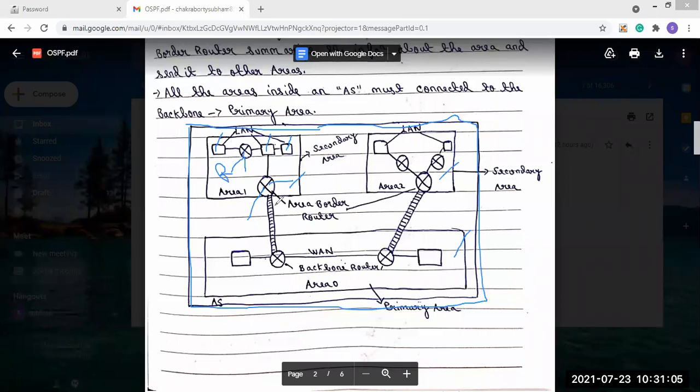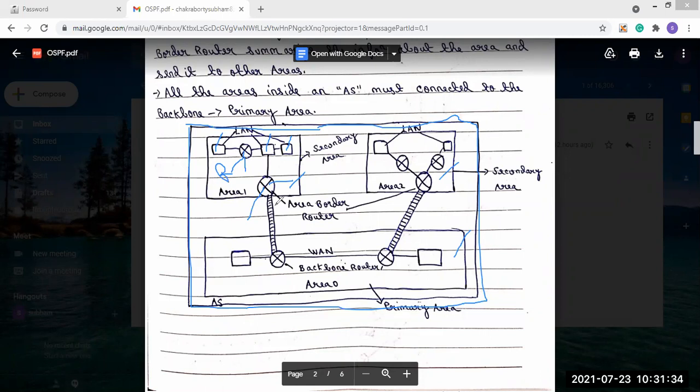And all the areas inside the autonomous system must be connected to the backbone or the primary area. Now, we will divide an autonomous system into several areas. But one thing we should keep in mind is that in this autonomous system, one area will be the primary area. Why is it primary?